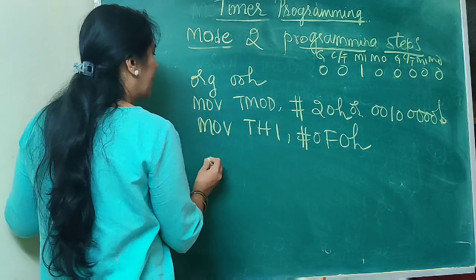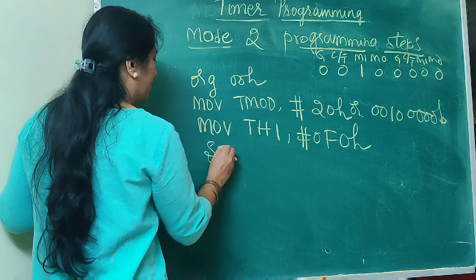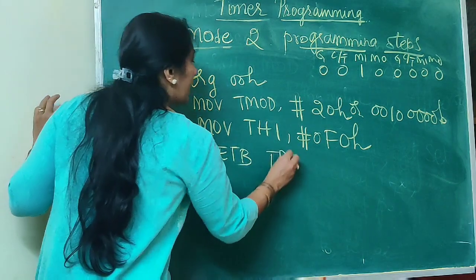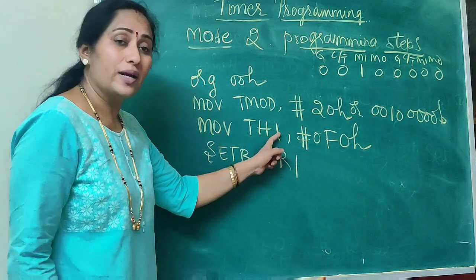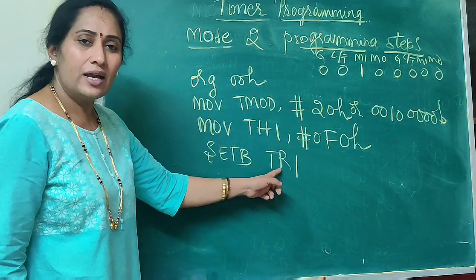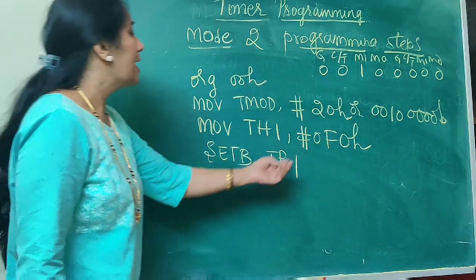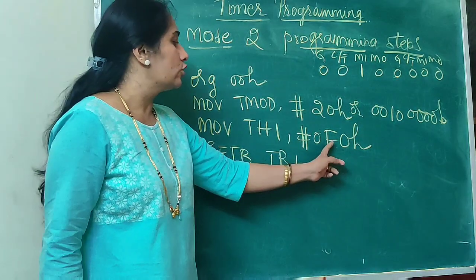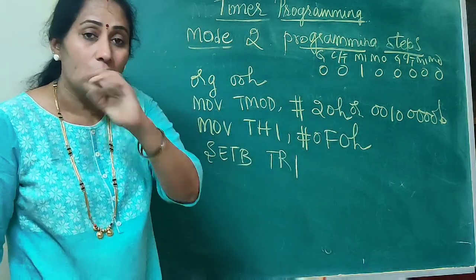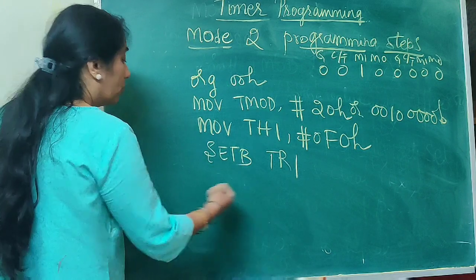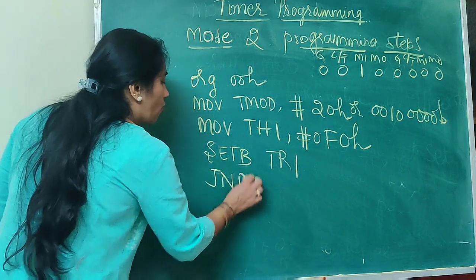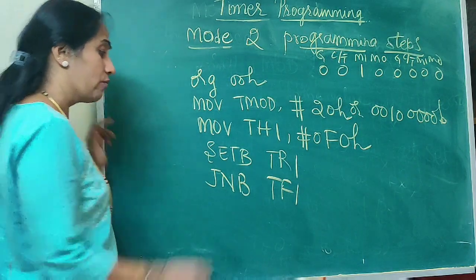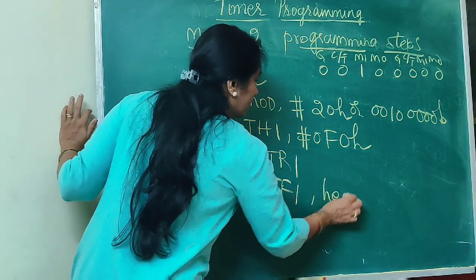Okay, and then I have to start the timer. Set the bit, which one? TR1. Because I have taken timer 1, I have to start this run bit. If I set TR1, the timer operation begins. With every pulse the count keeps going F1, F2, F3. Then what should the microcontroller do? It has to watch the timer flag 1. It has to watch the timer flag 1 till it gets set.